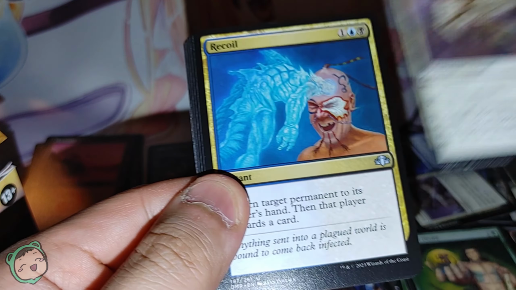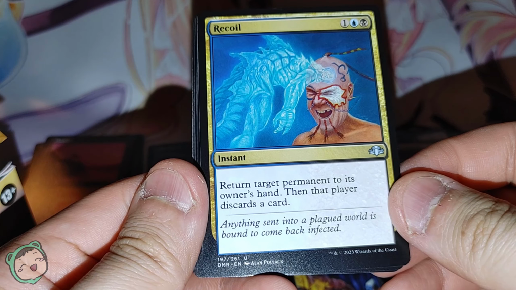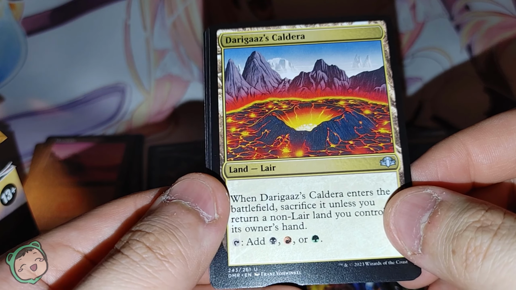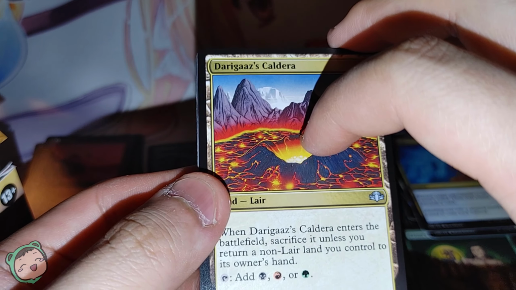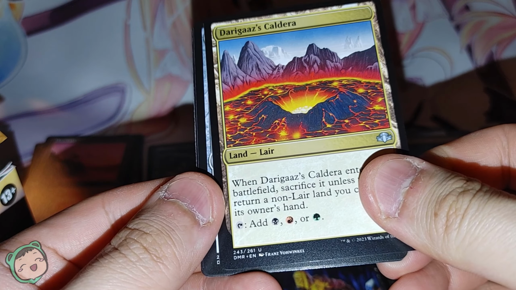We got a Serra Angel. We got a Recoil, which is a bounce, and then that player discards a card. And we got Dargaz's Caldera, which we already got a few times. So our last rare... I don't know what we're gonna get. Hopefully it's something cool. It is...